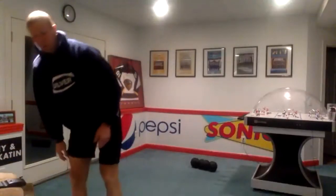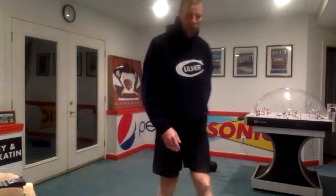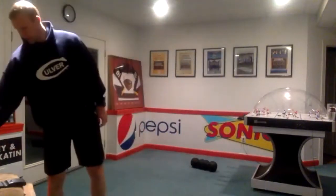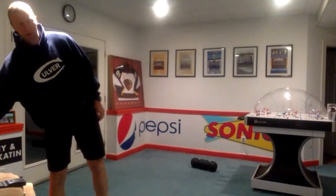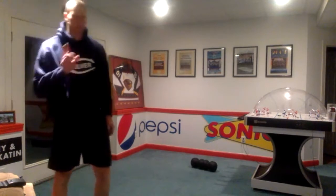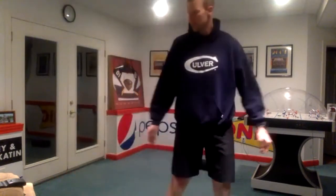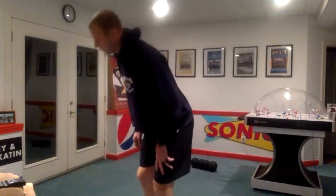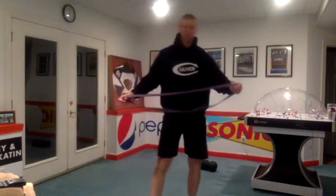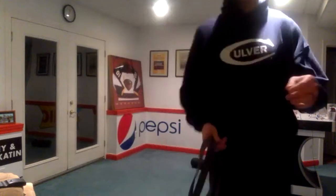The circuit today is 40 seconds on, 20 seconds rest. If it's a two-sided movement, like we start with a split squat, for any of these, if it's two-sided, we have to do each side, so it's going to be 20 seconds each side. But for the band split squat, I actually really like these. It's a totally different kind of burn than you get from